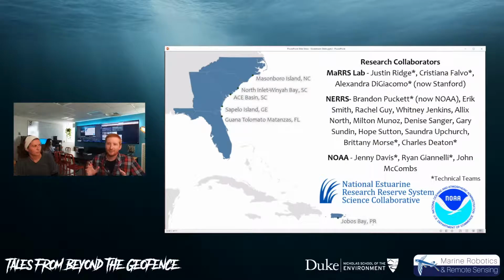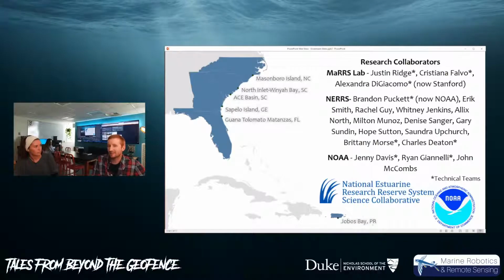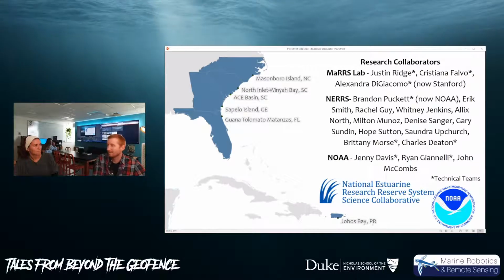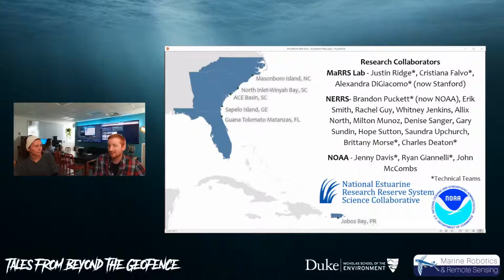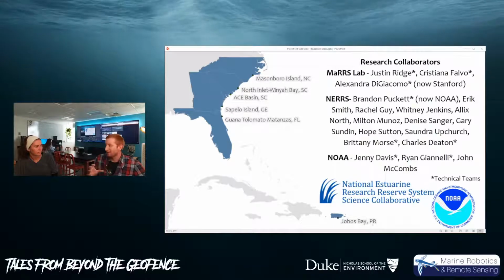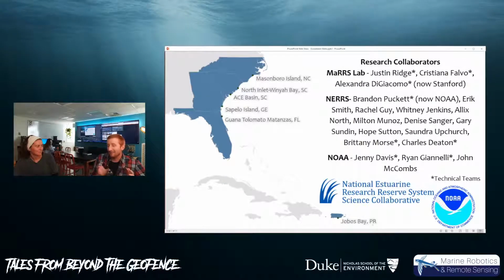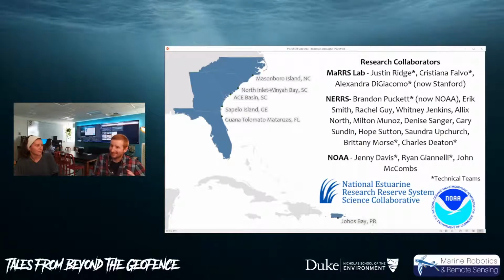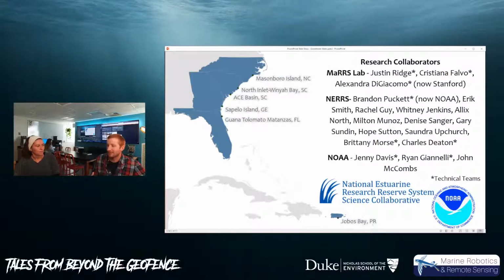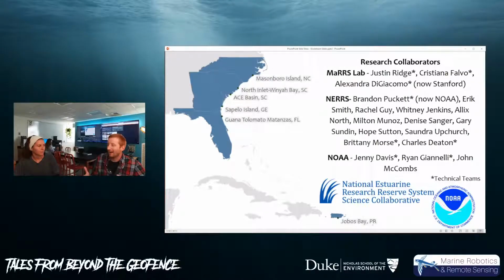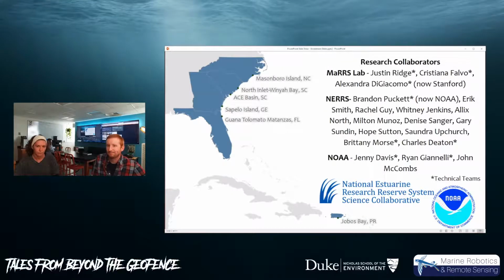And what I'm showing here is this is a big group of people that are working on this across all 6 reserves, and then different groups like our MARS Lab group. And then we also had NOAA individuals that were involved in aspects of this project. So you have a bunch of different groups that are all collecting data, processing it and analyzing it independently. And so that was kind of the setup for this, was understanding how can we have these outputs be reproducible if we're independently going through this process.